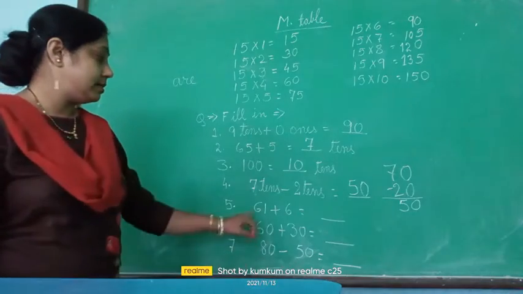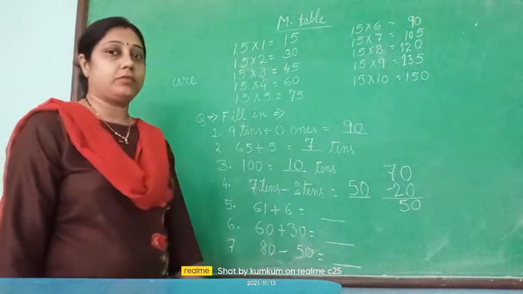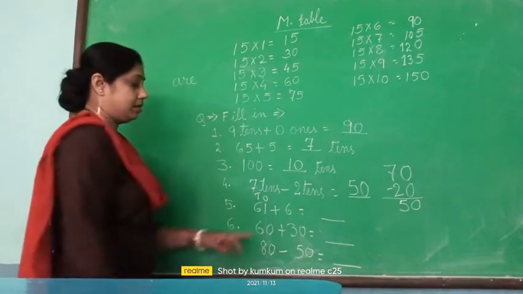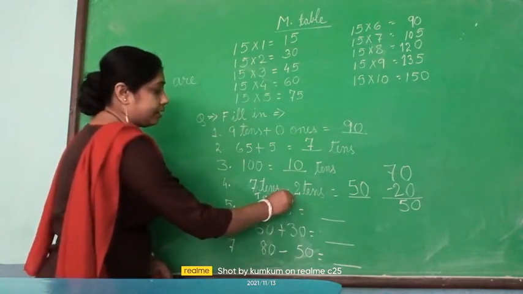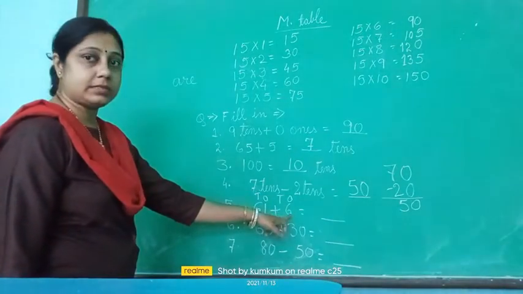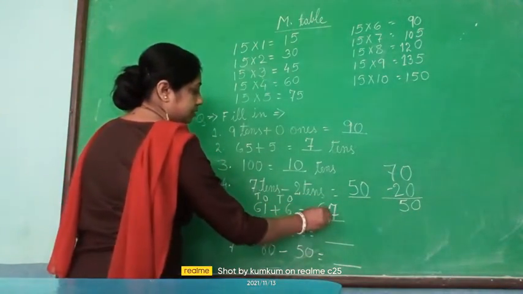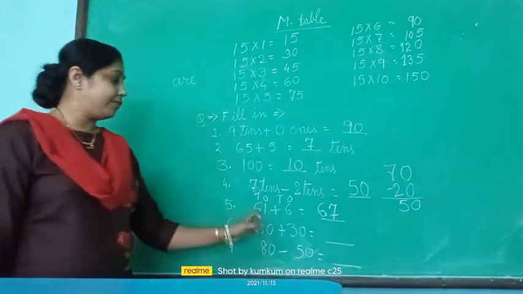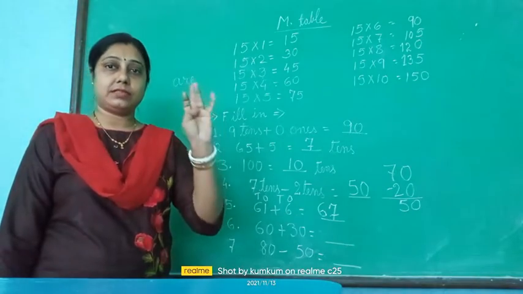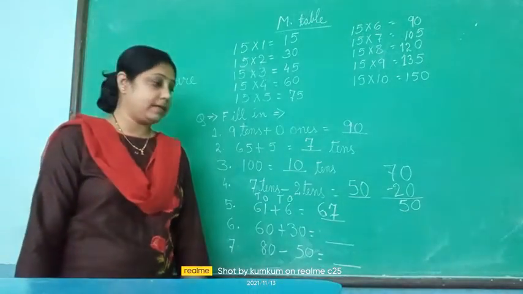Okay. Next one, 61 plus 6. Simple addition, nothing. Only we have to do the forward counting. So you can write down tens and ones. And here also in tens and ones, because one digit always sits in the ones house. So in the ones house is 1 and here the ones house is 6. So 6 plus 1, here it will be 7. Or after 61 you can count 6: 62, 63, 64, 65, 66 and 67. So this way we have done here 67.